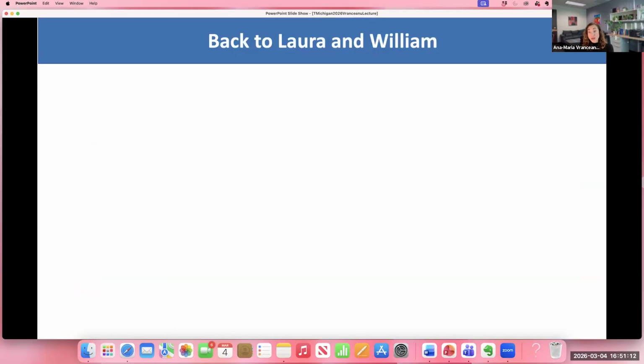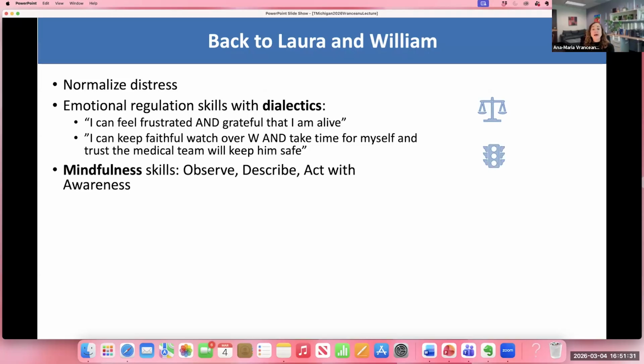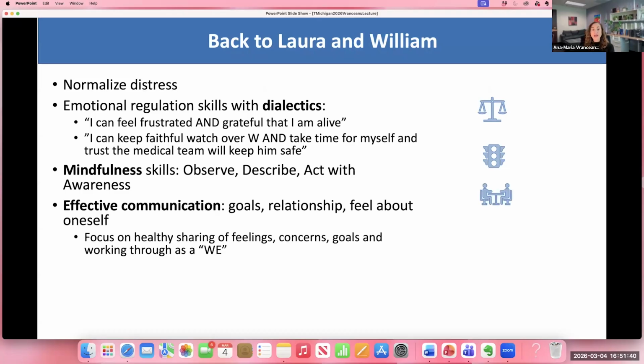So back to Laura and William. What we did with them, we normalized the stress. We used emotional regulation skills, so dialectics, which worked really well in this population, normalizing that you can have multiple contradictory feelings all at the same time. We talked about mindfulness, but again, very DBT-like: observe what you're feeling, describe it, and act with awareness. Lots on communication,